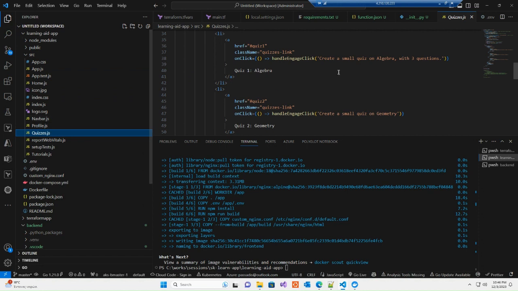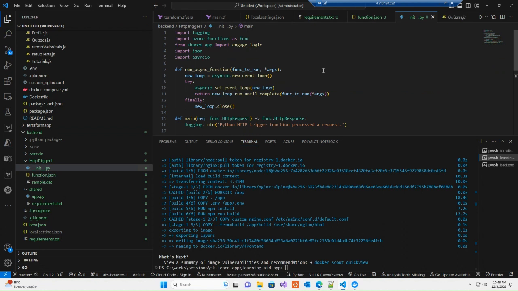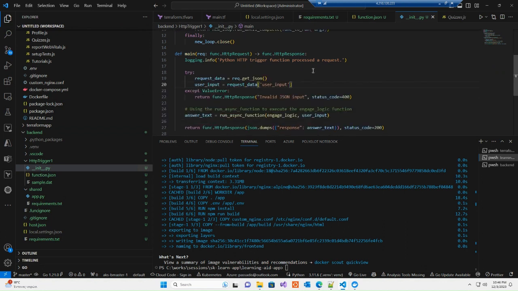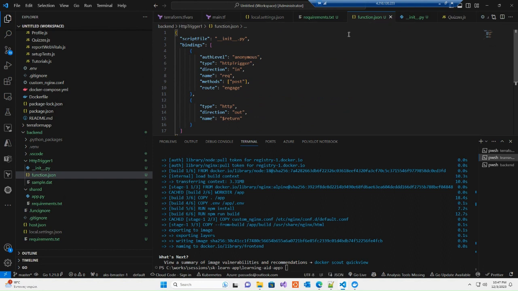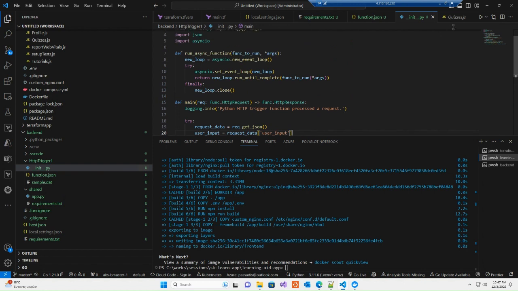Let's go to quizzes. You can see here that we are controlling the prompt at the end. Once the user clicks on the specified link, we create the prompt that is sent to the endpoint from our function app, that is subsequently handled by the secondary function I showed you earlier. It is the engage setting,